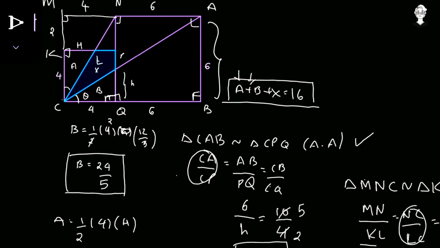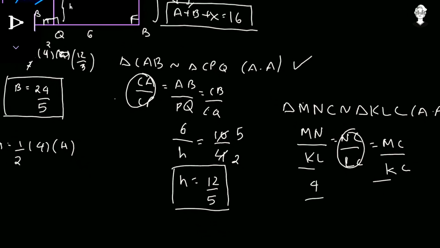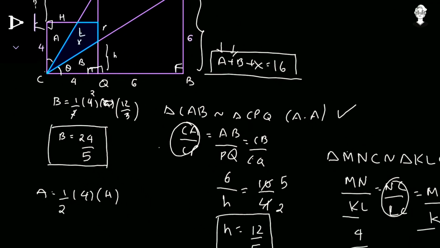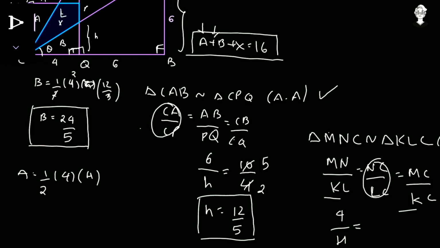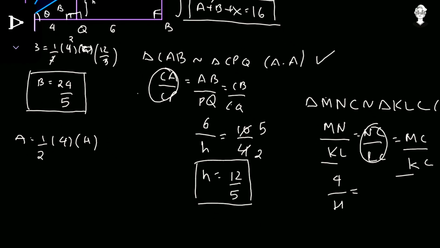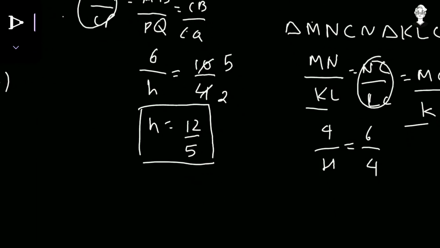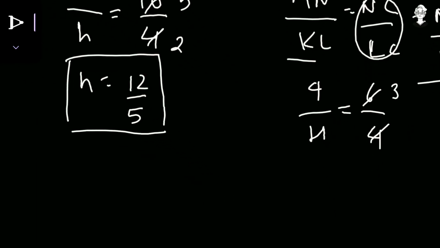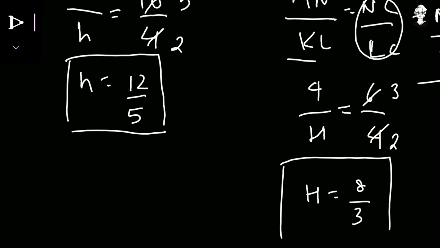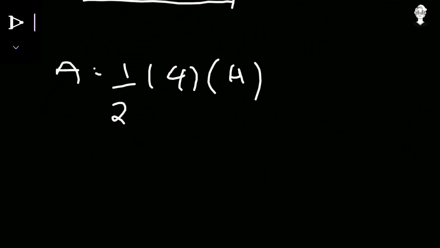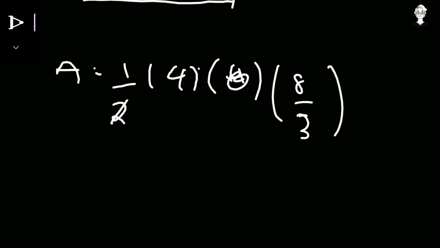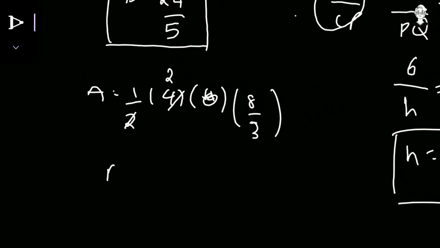The value of MN is equal to 4. The value of KL from this diagram is equal to H, that we have to find, that is capital H. The value of MC is equal to 2 plus 4, 6, and the value of KC is equal to 4. So from the table of 2 we have the value of capital H, that is 2 into 4 upon 3, that is 8 upon 3. Here is the value of capital H, we will put it to get the value of a. Instead of H we have 8 upon 3, so the value of a is equal to 2 into 8, 16 upon 3.